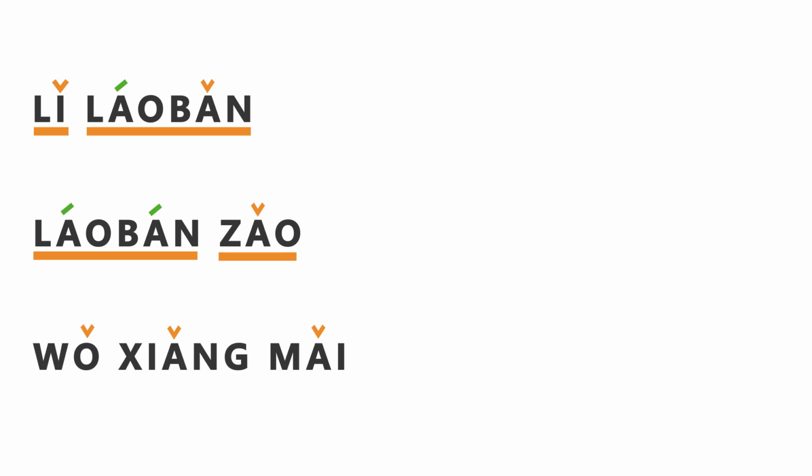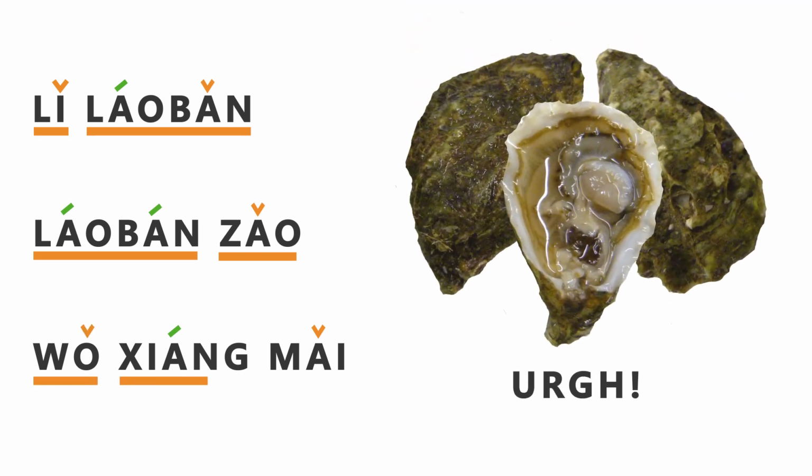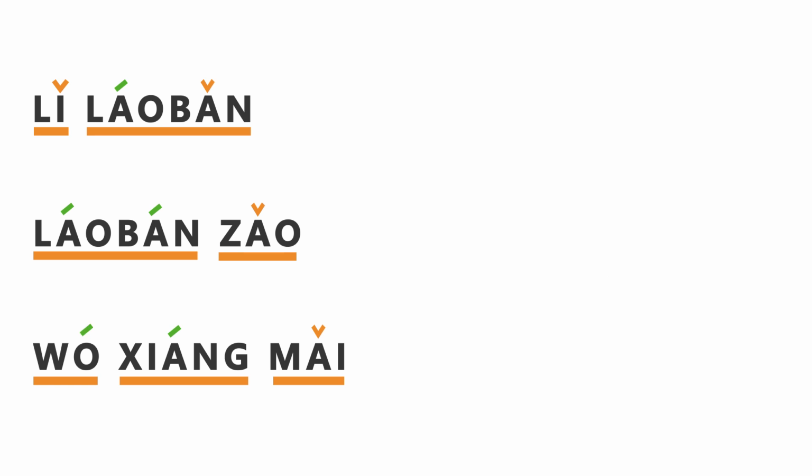Example 3. Three single syllable words. You can choose between third, second, third, or second, second, third. The world is your oyster. 我想买 我想买